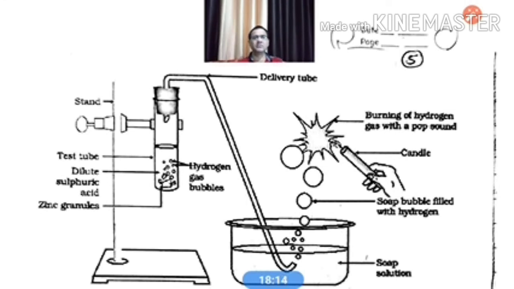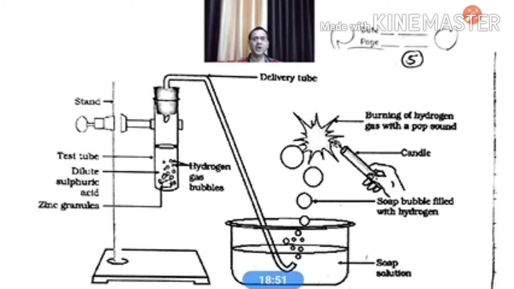First of all, I take a test tube, and in the test tube I first add zinc granules. छोटे छोटे zinc के दाने होते हैं, that we add in the test tube. और उसके बाद क्या करते हैं हम लोग, ऊपर से we add acid, whether it is sulfuric acid or hydrochloric acid. जैसे ही acid when it comes in contact with the zinc granules, they start reacting to each other. Zn plus H2SO4 give rise to ZnSO4 plus H2, and hydrogen is being released.